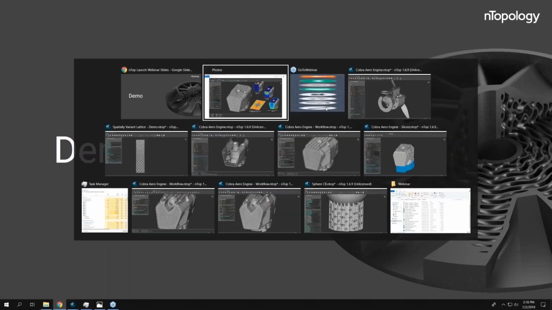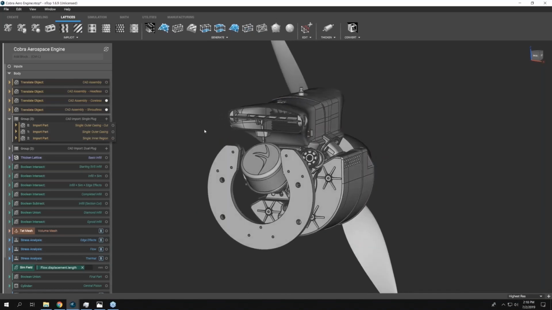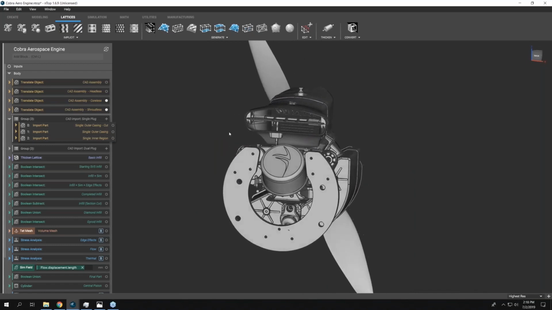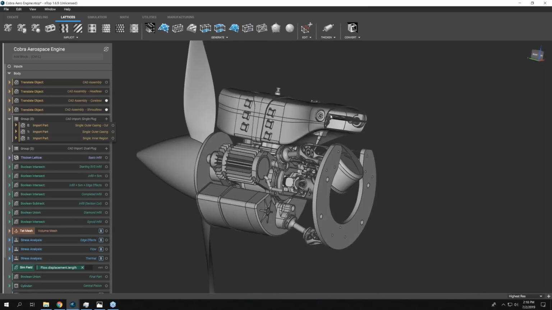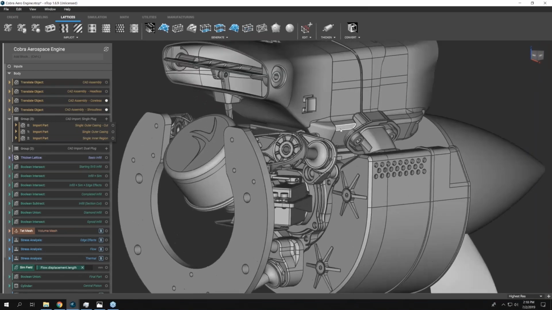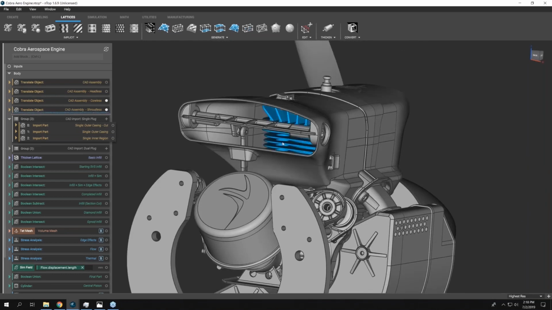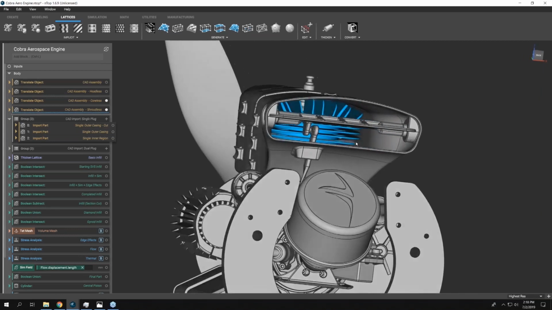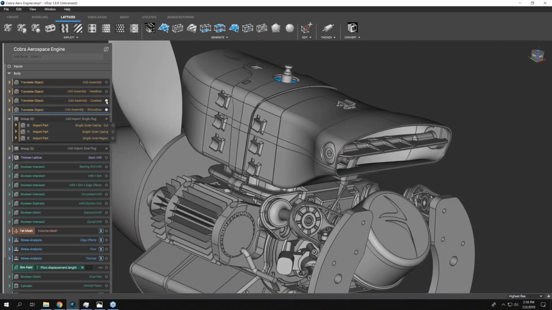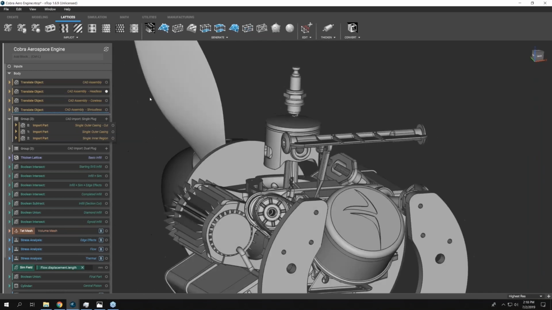Great, thank you, Brad. So let me walk you through this engine design here. As Brad mentioned, this is really a great application of using nTop platform, where the designers at Cobra identified this part in this CAD assembly where they figured that advanced manufacturing could give them an advantage. And that part that we're talking about is in here, this blue one. So if I just hide this out here,